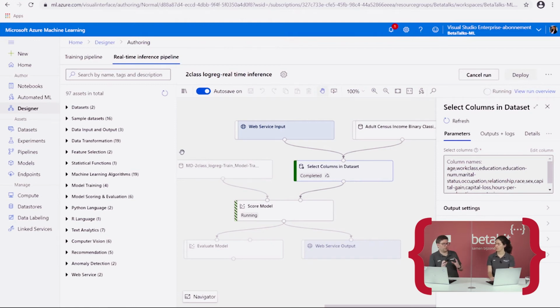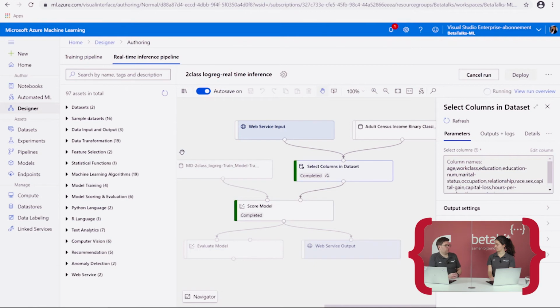You could use it as the main focus of an application, where basically all you're doing is sending in input and getting output, and that's your entire application. There's a lot of ways to be using this with such a versatile unit as a web service. And once it's actually deployed, we'll be able to see that not only has it created that service for us, it also allows us to test it from within this studio, and it will provide us with all the connection